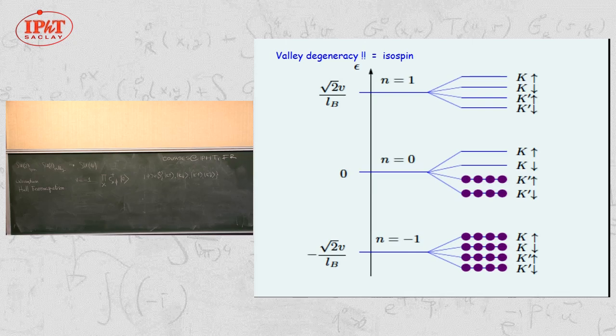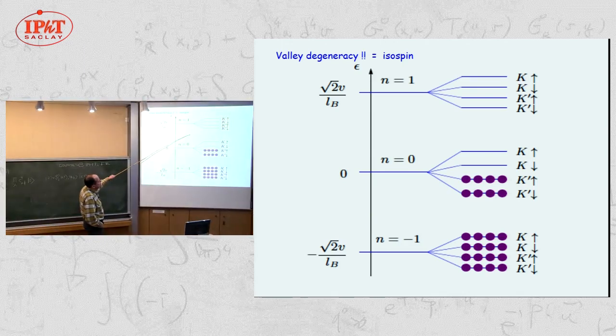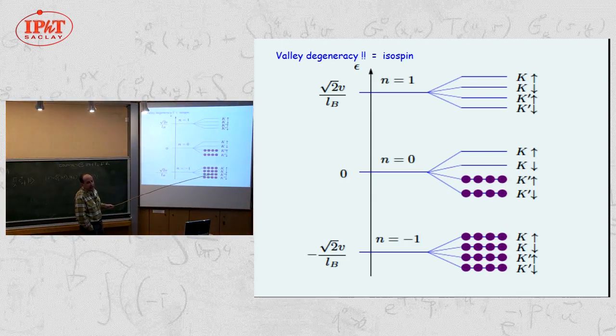So even though in the one-body picture we don't expect any gap in the spectrum at -1, we expect that due to the Coulomb exchange interaction, there will be a gap at nu equals -1. So one should see also an integer quantum Hall effect at filling factor -1. The one-body picture tells us that we will find the integer effect when the Fermi level is in these big gaps, and quantum Hall ferromagnetism tells us that we will also see integer quantum Hall effect when the Fermi level is in between these states.